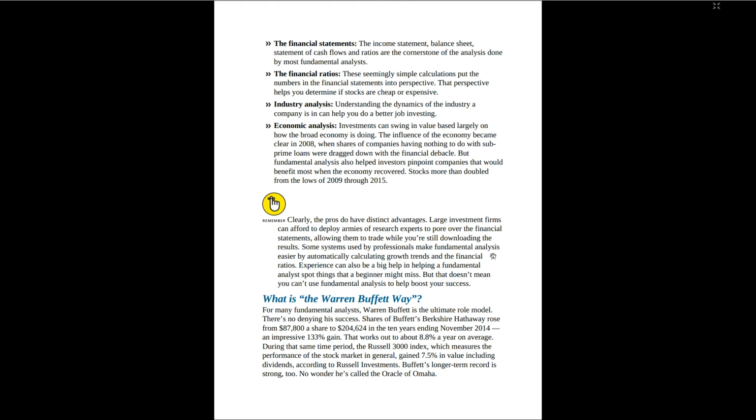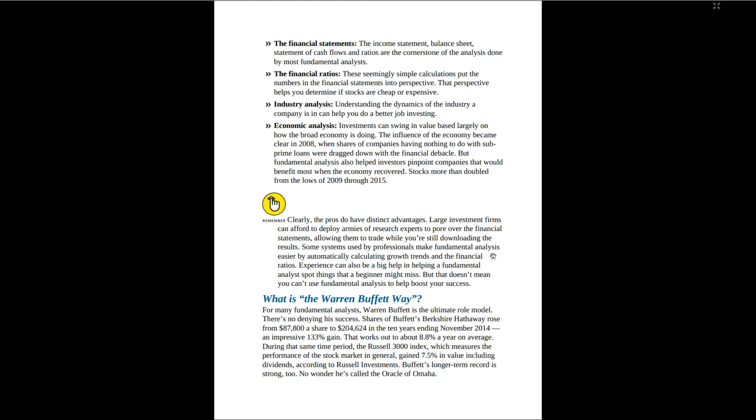Understanding the dynamic of the industry a company is in can help you do a better job investing. Fourth, economic analysis. Investments can swing in value based largely on how the broad economy is doing. The influences of the economy became clear in 2008 when shares of companies having nothing to do with subprime loans